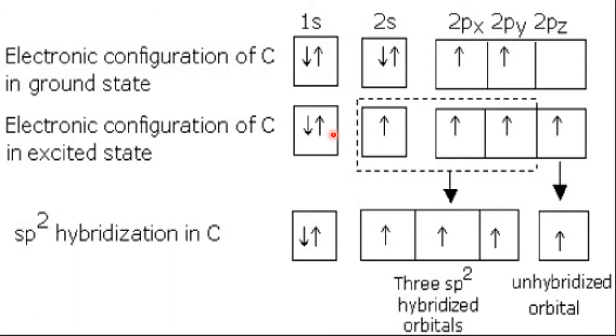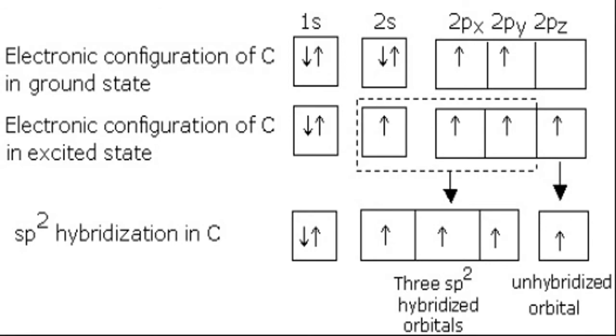So because two are fewer, one p orbital will not undergo hybridization. Out of the 4 unpaired electrons, only the s and two p will undergo hybridization. That becomes sp2: one s, two p, sp2. So after hybridization, sp2 hybrid orbitals are formed here, but this is called an unhybridized orbital. I told you in the previous class, it will be there with the hybridization as a supporting factor. But these three are called 3 sp2 hybrid orbitals. Now for this sp2, 1 H. For this sp2, 1 H. For this sp2, 1 H. For this also it will remain.